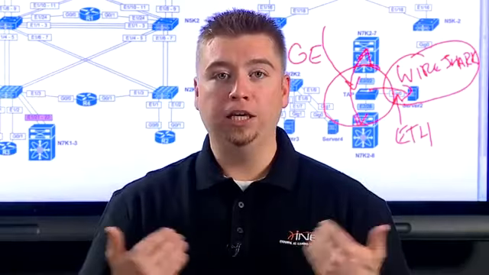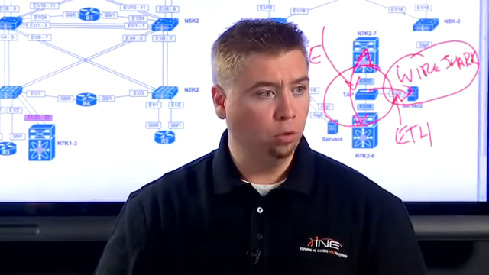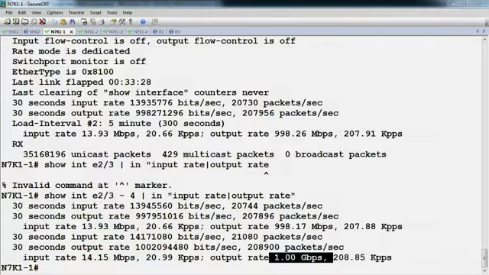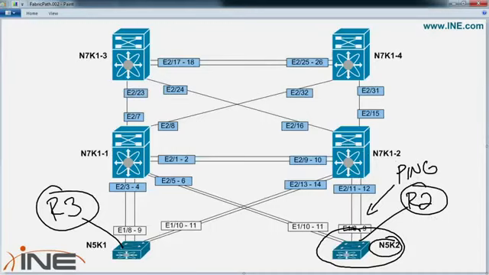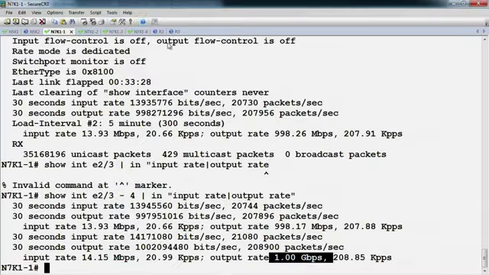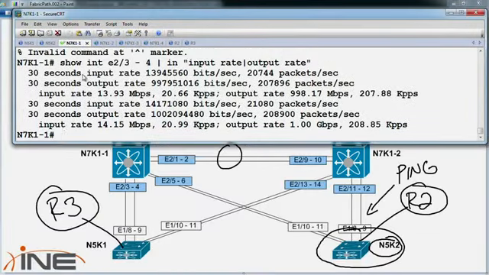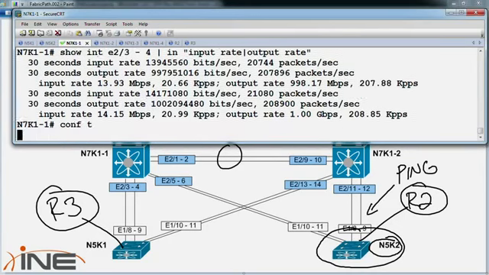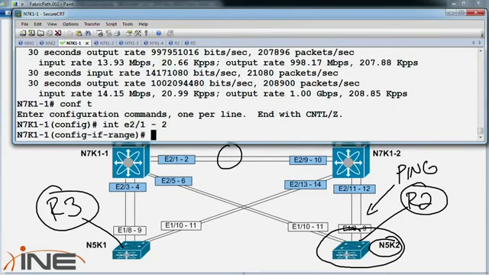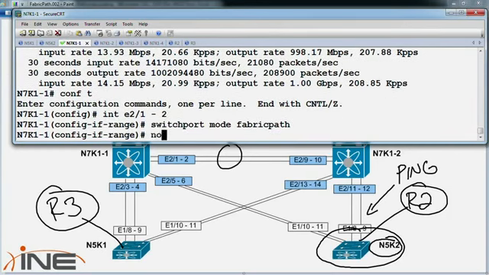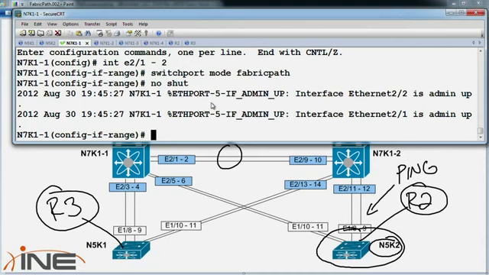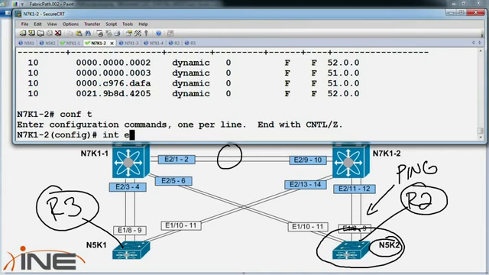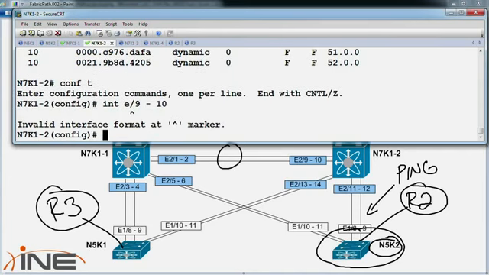If I want to add additional interconnects, which we could do here if we were to look back at our diagram, and let's say now that I want to add additional interconnects between these two 7Ks. So we could go to the command line here. Let's say on 7K1, I go to interfaces E21 to 2, say switchport mode is Fabricpath, no shutdown. So again, this is not a trunk link, it's not an access port, it's not a switchport, it's a Fabricpath link. Interface E29 to 10,